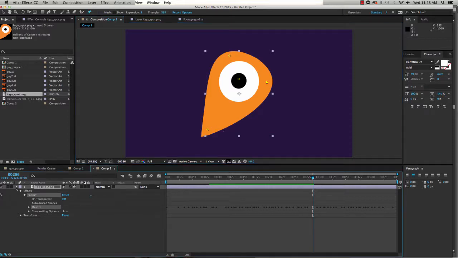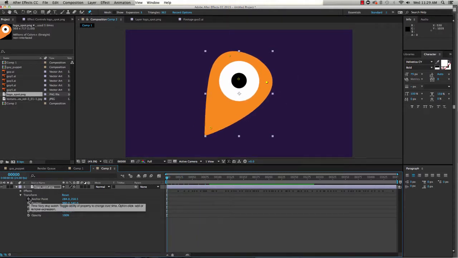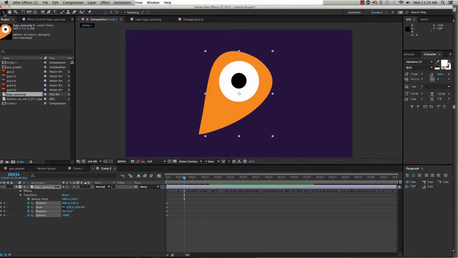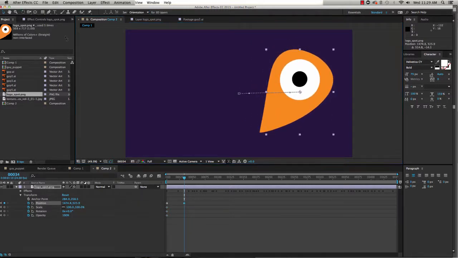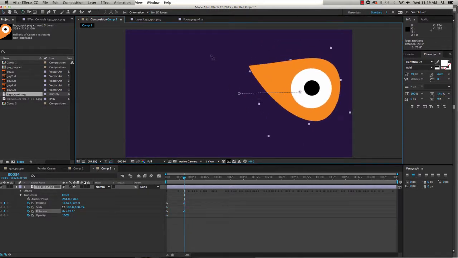So if I close the puppet up, so that's just the puppet I want to close up, and I now start to play with the transform tools and move this thing through space, I can do that. I can put keyframes in where I want to, or move the playhead far up the timeline and start moving this object around. You can see that I can move it in space